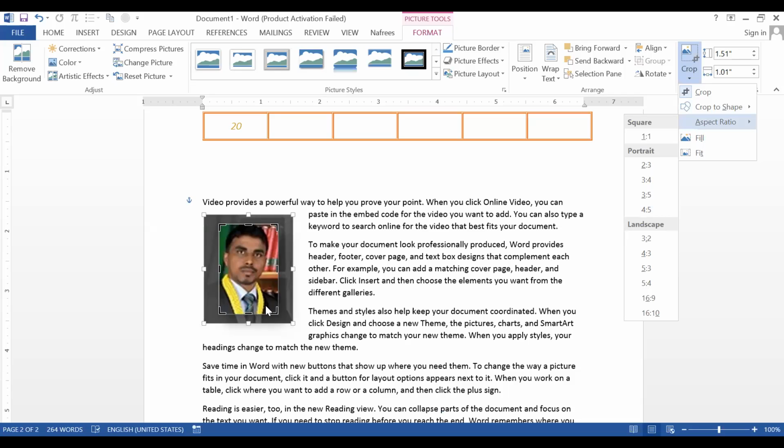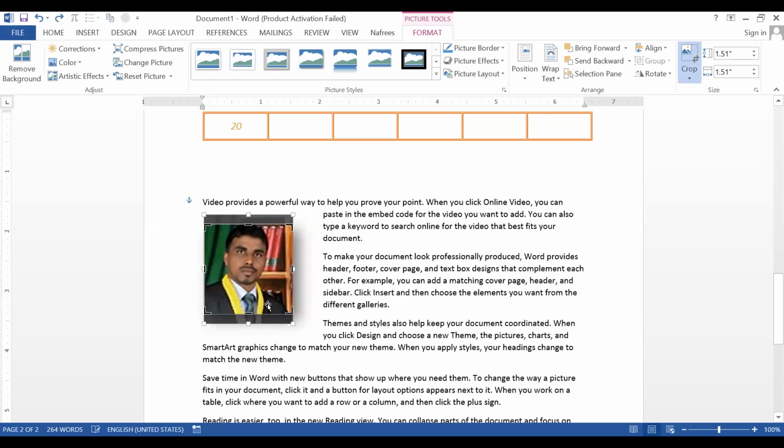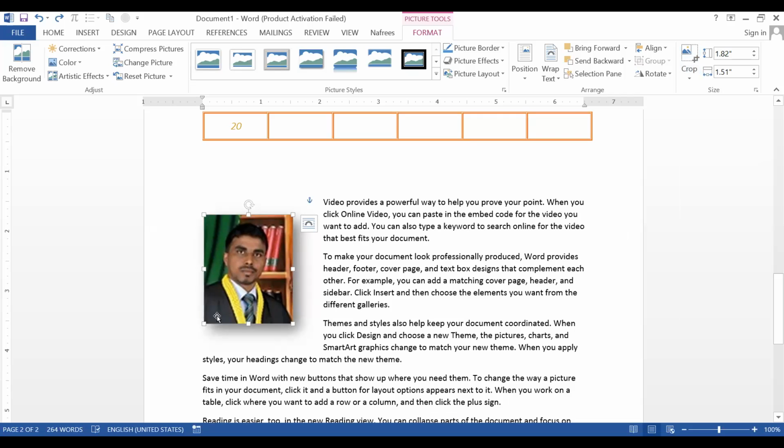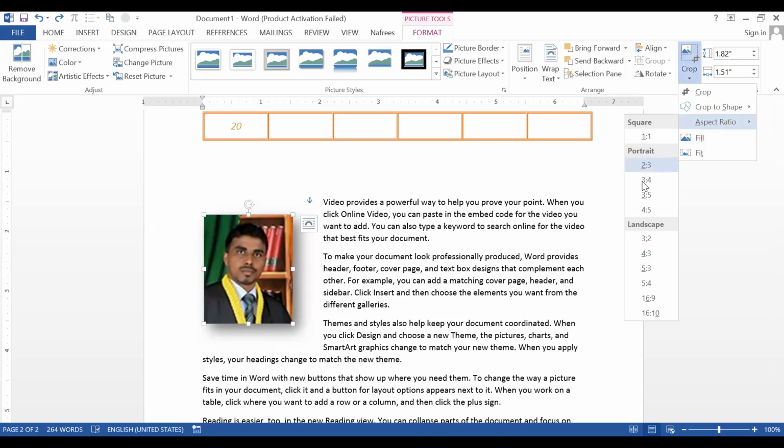For example, let's say the original size is 100 centimeter height and this is 80 centimeter width. So now you want to reduce your photo size from 100 to 80, from 80 to 50. Then there should be a ratio. You have to mention the ratio. That can be done using this aspect ratio option.